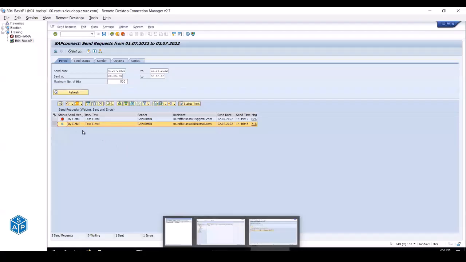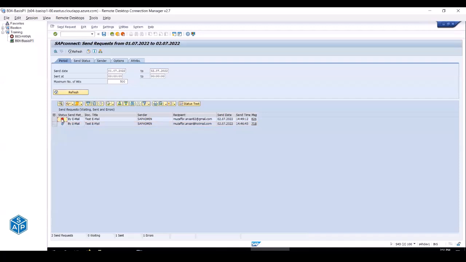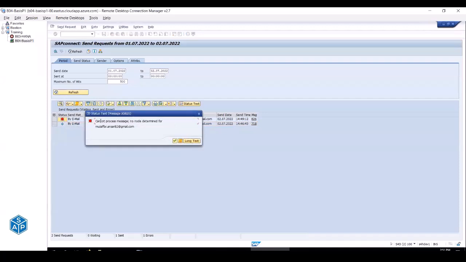Okay, and if you see for the next mail, it has failed. The second mail has failed. Why has it failed? If you see over here, cannot process message, no node determined for